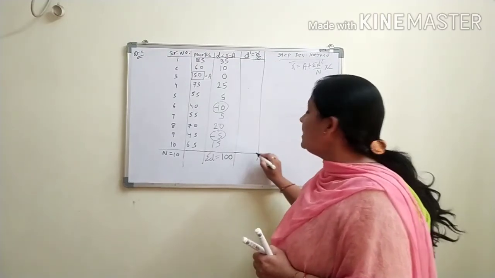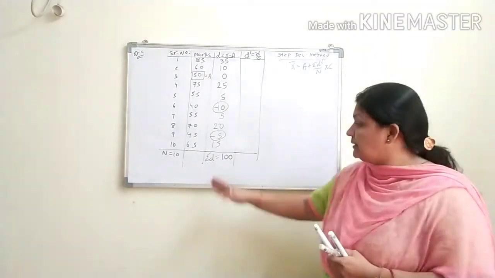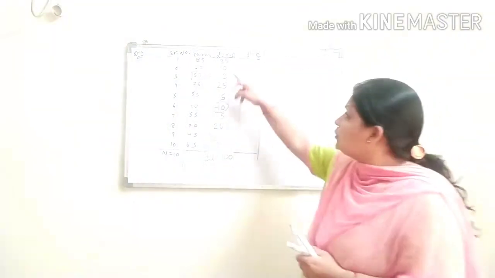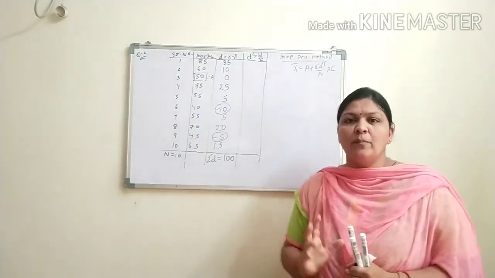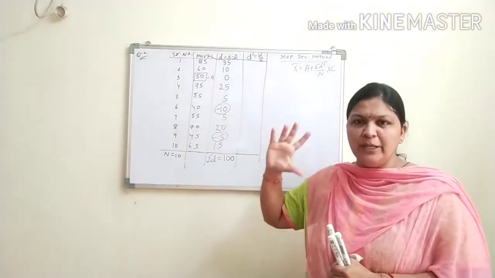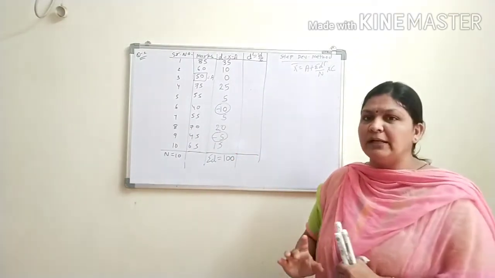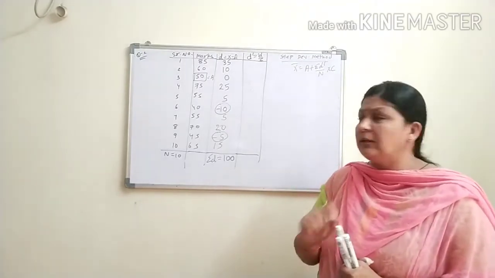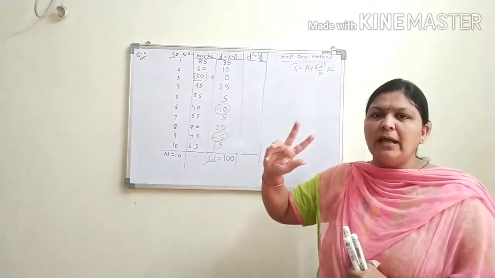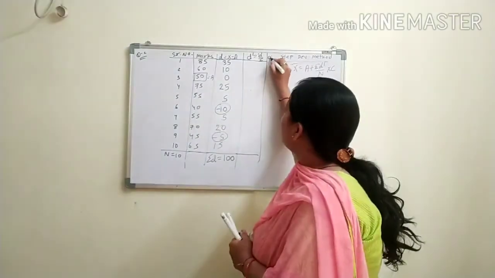So first, what is D? D, it means this is D, x minus a. So among this D, you just find C. C, it means the common factor. So what is the common factor? You just observe the data D. D में कौन सा factor है जिसको हम सबसे divide कर सकते हैं? Which number do we get? So 35, 10. So if the digit सबके पीछे 0 and 5 है, it means our common factor will be the 5. So C will be the 5.